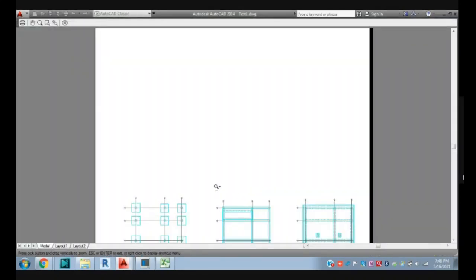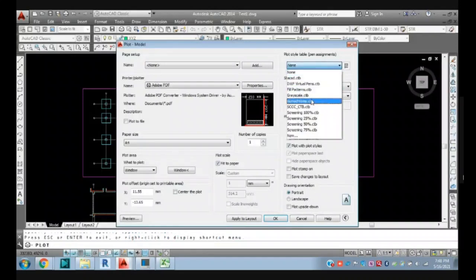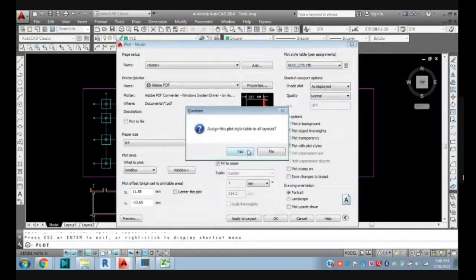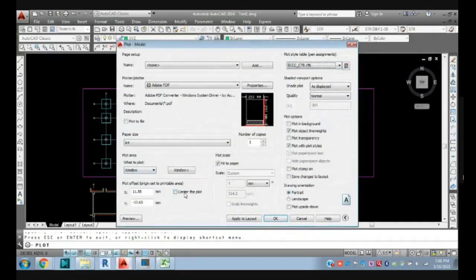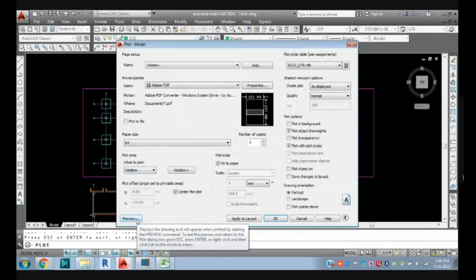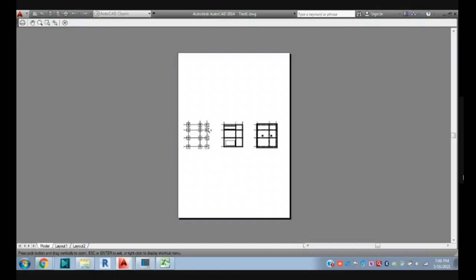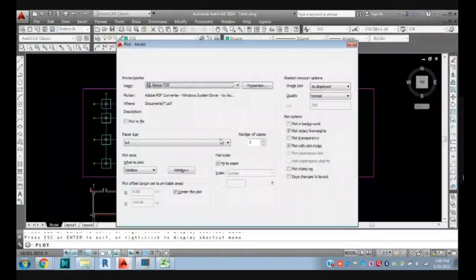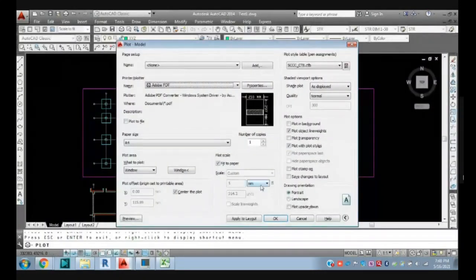Okay, so I will use this CTP, and we need to add some settings here: center the plot, fit to paper, and preview. So you can see, you can take a PDF.